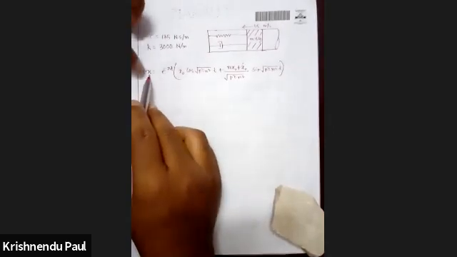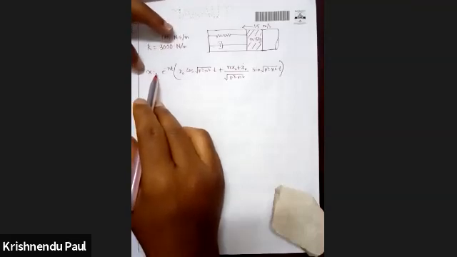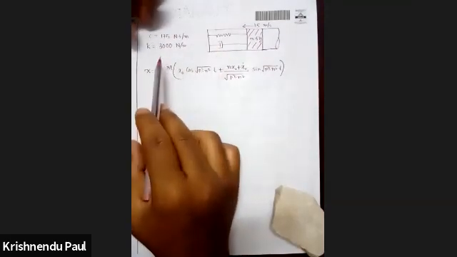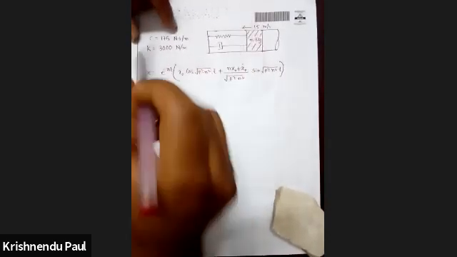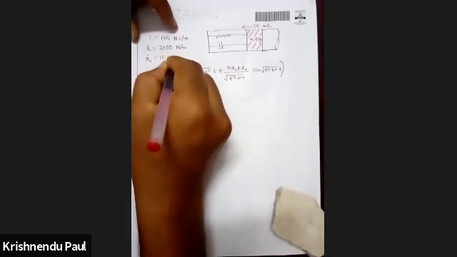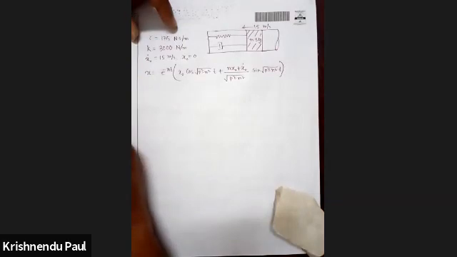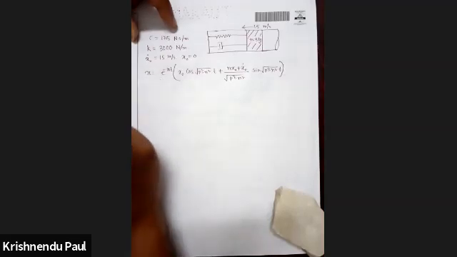Okay, so you have to find the maximum value of x, because the question asks to determine the maximum displacement of the piston after engaging the spring damper. You have to find the maximum displacement when its initial velocity is 15 meter per second. So x0 dot is given, 15 meter per second, and x0 is not given, so it is equal to 0. So from this, you have to find the maximum displacement. Can you find it?